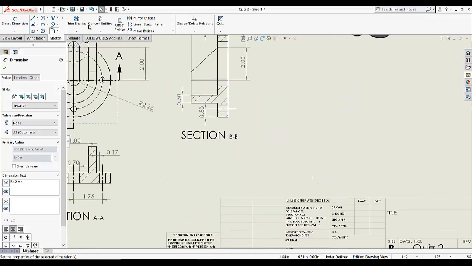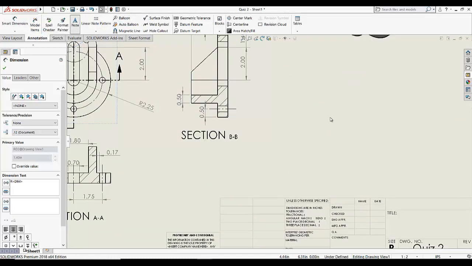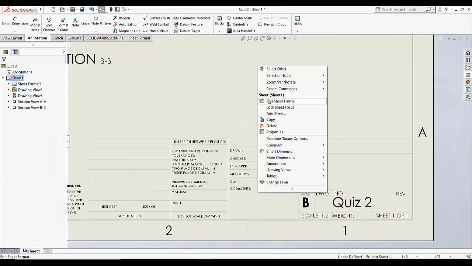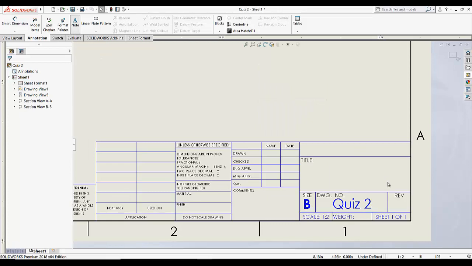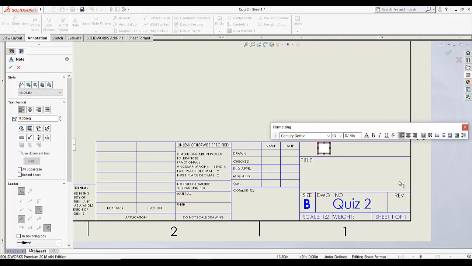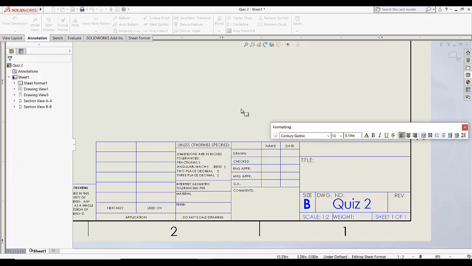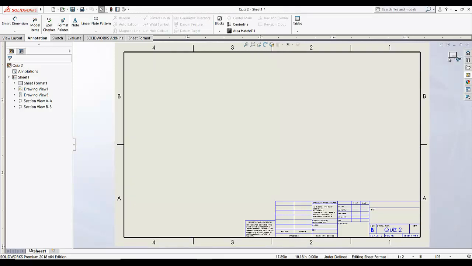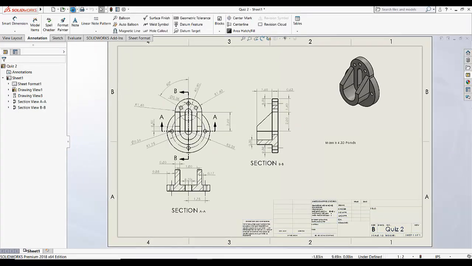Now the drawing is done. Just go to note and add this note. Then go to edit sheet format, add a note here. We can add that later, name and date. Now the part is done. Save it and then save it as